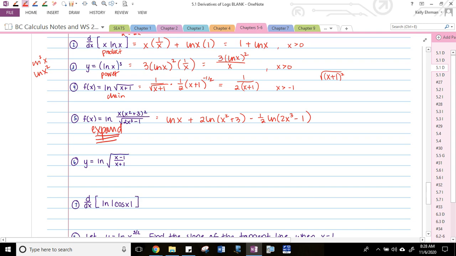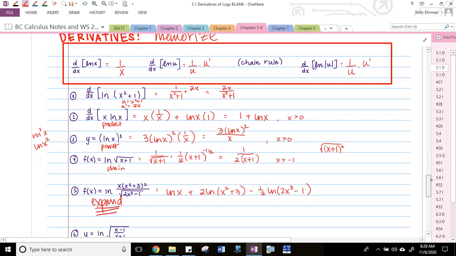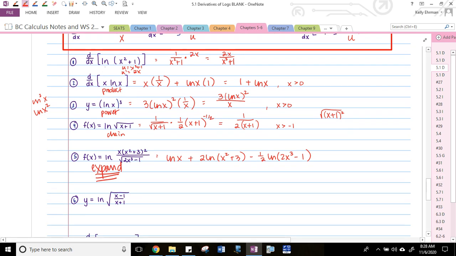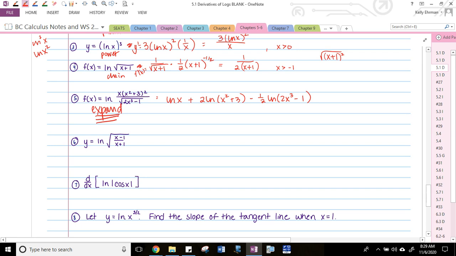Now I can take the derivative. Oh, you know what? I just realized what I've been doing. Sorry. At first we were okay. The derivative of this, the derivative of this. I really shouldn't be saying equals. I should be saying y prime equals f prime x equals. Sort of a bad example here. Okay, and then 5, this is still f of x, but now I'm going to write f prime of x